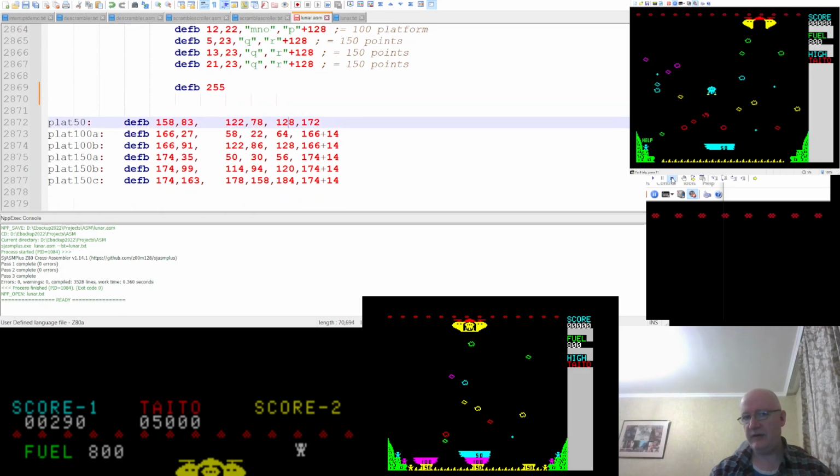So basically, it doesn't happen much. It's barely worth checking, but it's just to make it look right. So what it does is it says, all right, are you in crash position? Yes, you are. Is the y value greater than 172? And if it is, then you're not going to hit that platform,